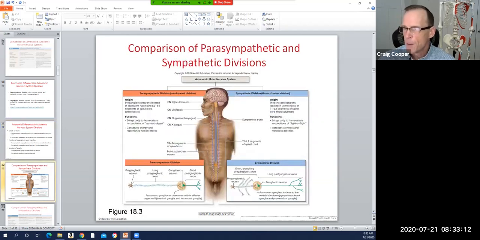All right, so the other way that those two divisions are often talked about is by location. Craniosacral is our parasympathetic, and then thoracolumbar. We do have a number of cranial nerves that come out and control parasympathetic function for different organs. And then we don't really have any dedicated parasympathetic axons and cell bodies coming out at the thoracic level of the spinal cord or the lumbar level. It's not until we get down to the sacral level that we have another set of ganglia that are controlling